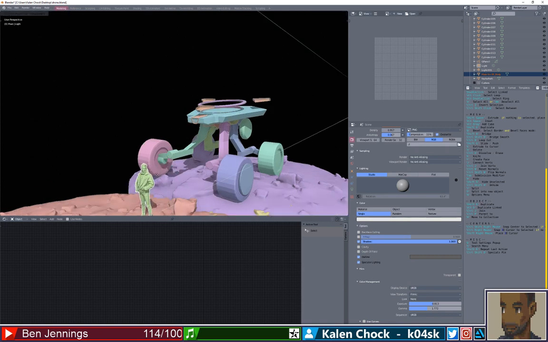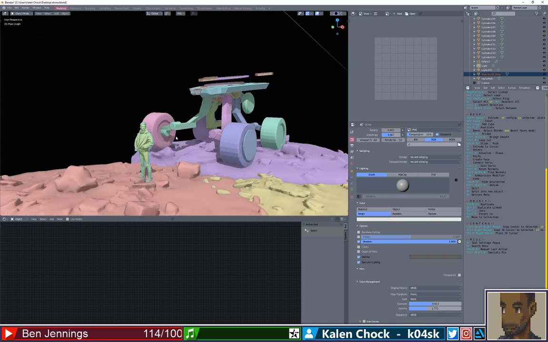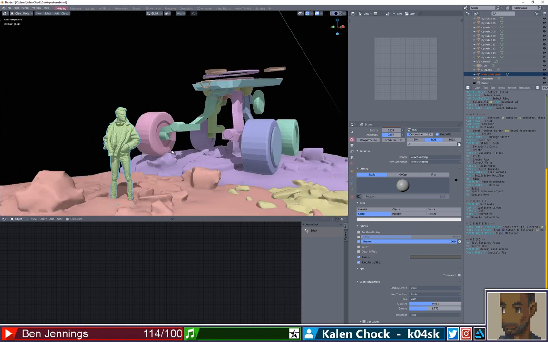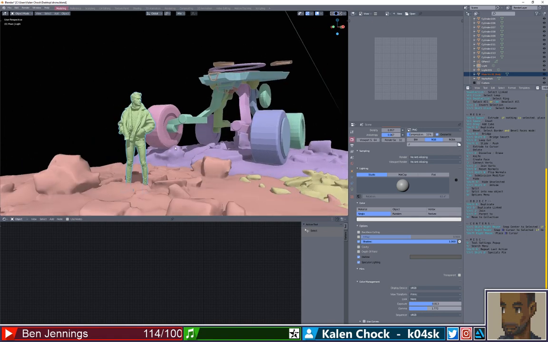Alright, here we go. Obviously, I'll probably need to paint over this, but in the meantime, it should be good. I wonder if I could flip the scale of this, actually.